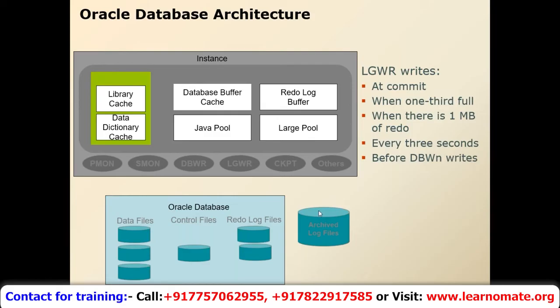So how does your redo log file get the data? The redo log file gets the data from the redo log buffer with the help of the log writer process. Whenever any change comes to the redo log buffer, data from the redo log buffer gets written to the redo log file using the log writer process. The log writer writes the data from the redo log buffer to the redo log file whenever there is a commit at the